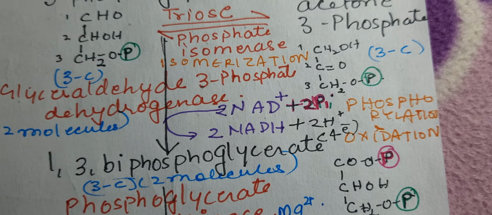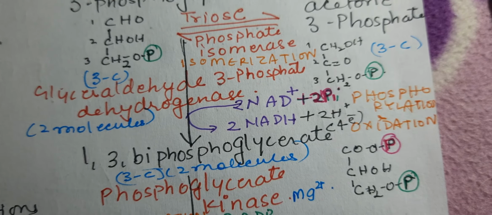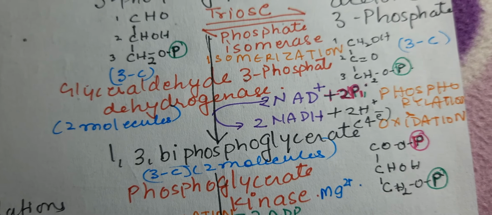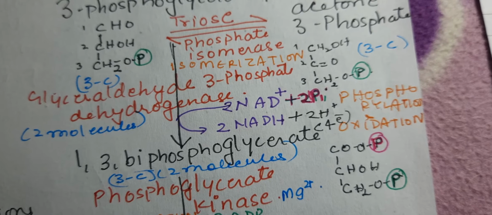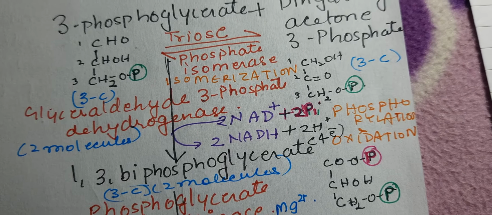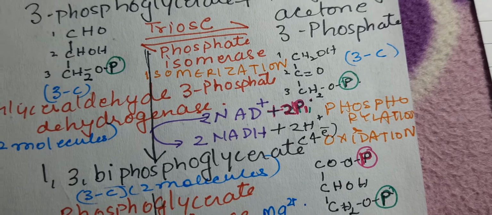An extra phosphate group is added, and this is catalyzed by the enzyme dehydrogenase, which is known as glyceraldehyde 3 phosphate dehydrogenase. And this enzyme uses the coenzyme NAD, which removes the protons from the substrate and gets converted